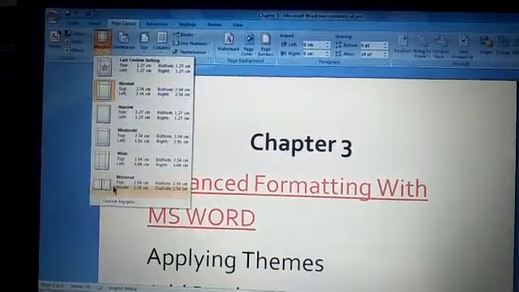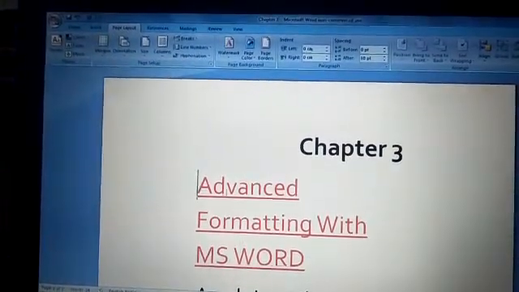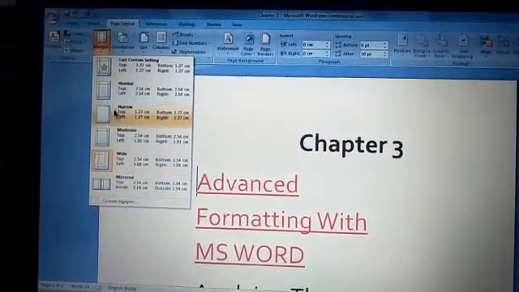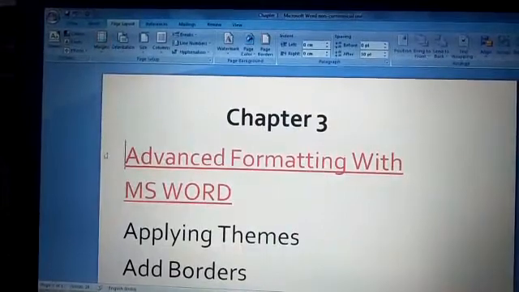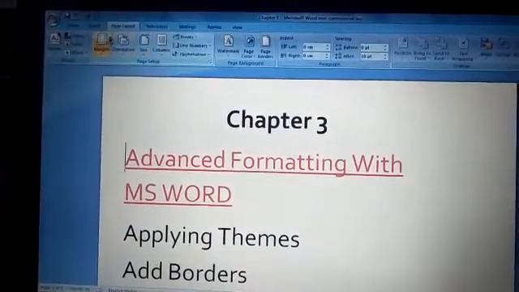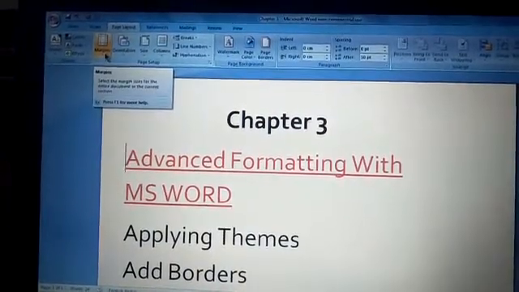Let's take some other margin, wide margin. You can see the distance has increased. Same way, let's go to the narrow margin. You see the thing has come closer to the left side. Now from here, page layout, page setup, margins can be changed.